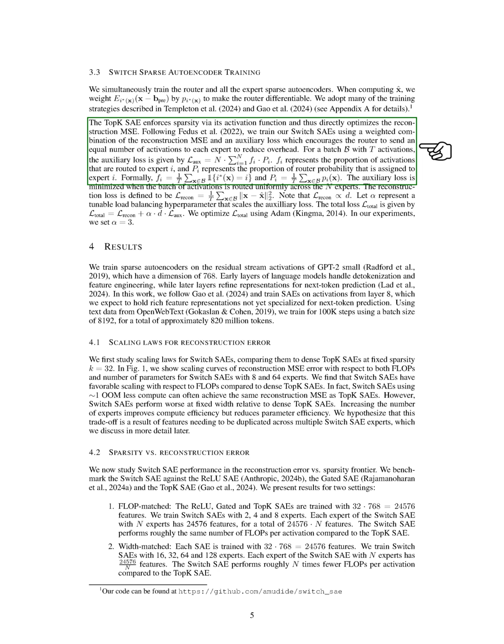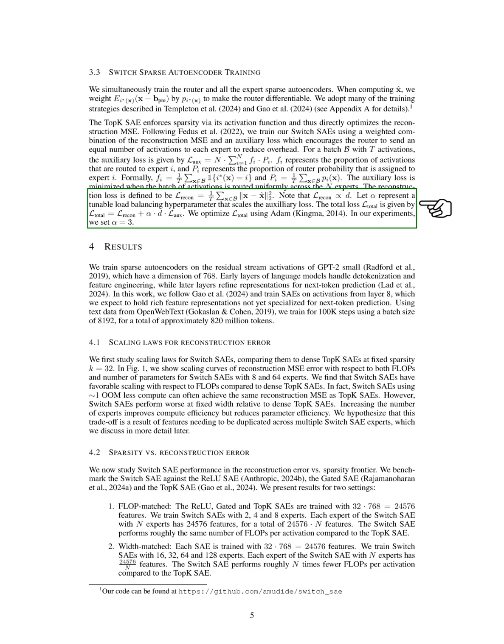The reconstruction loss is defined as the average squared difference between the original and reconstructed inputs. We introduce a tunable hyperparameter to balance the auxiliary loss, and the total loss combines both the reconstruction and auxiliary losses. We optimize this total loss using the Adam optimizer, setting the hyperparameter to a value of 3 in our